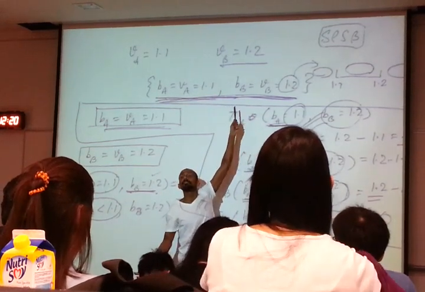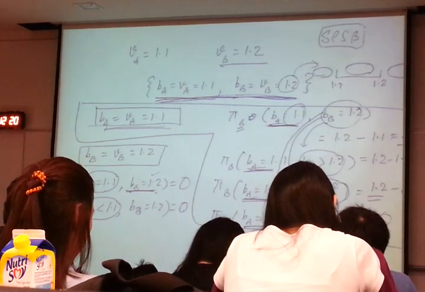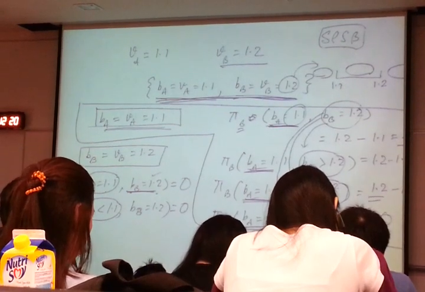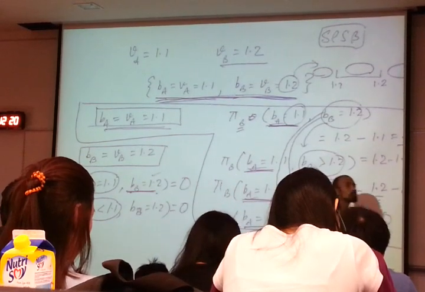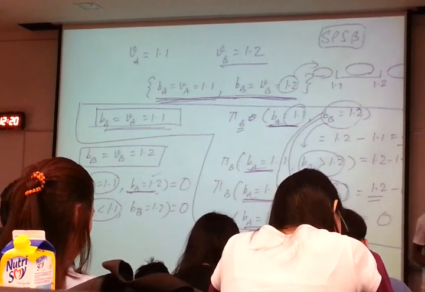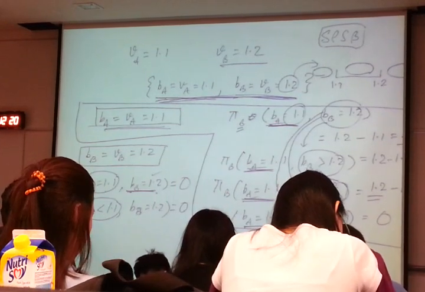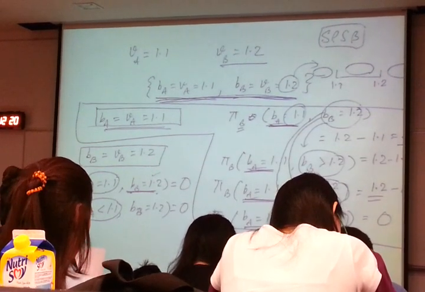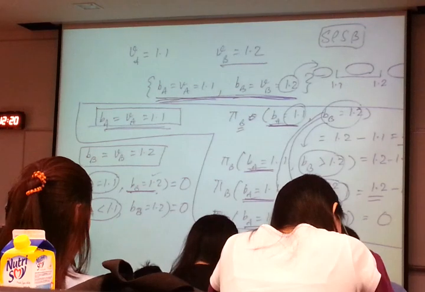Bert. Who will get the house therefore? Bert. Exactly. Bert will get the house. What is the house sold for? 1.1. That's the equilibrium outcome of an auction game. Who wins the auction? What price does the winner pay for the house? That's part of the equilibrium outcome. What are the equilibrium payoffs in this game? Bert's payoff is 1.2 minus 1.1, 0.1. Alex's payoff is 0 because he does not win.